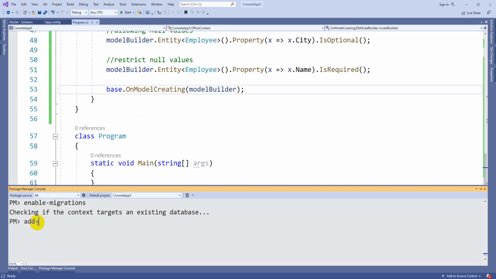Now the next step, add-migration. You can write some comment. It is the first migration, that is the reason I am using the comment Initial. Now it will create a migration on the code side.